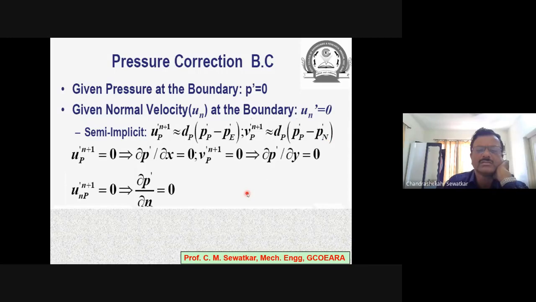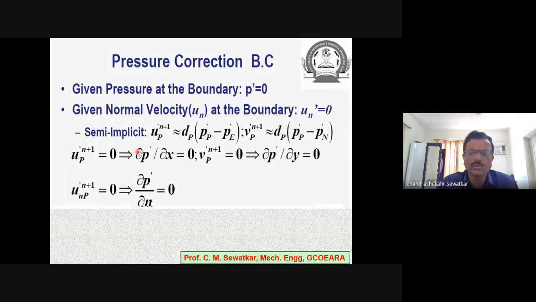Now in this equation, this quantity is 0. It means either dp is 0 or pp prime minus pe prime is 0. But my dp cannot be 0. So pp prime minus pe prime is 0. Or up prime at n plus 1 is 0. It does mean that my dp prime by dx is equal to 0. Or vp prime at n plus 1 is equal to 0. That implies dp prime by dy is equal to 0. What does it mean? It means,